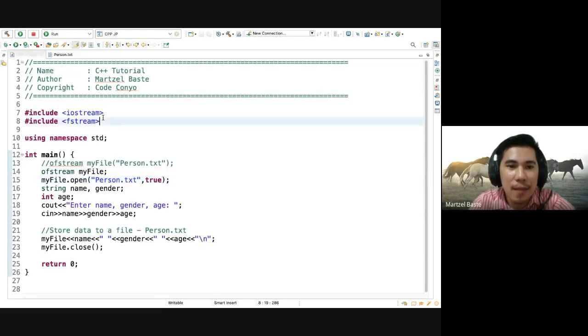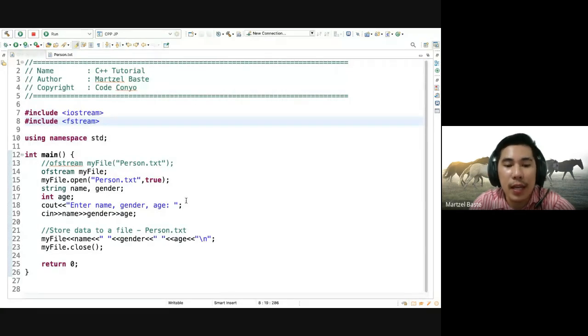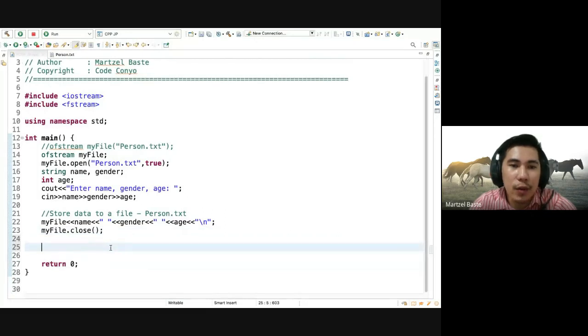Again, that is just storing of data. But again, that is not our intention today. Our intention is we are going to fetch that data from person.text so that we're able to demonstrate end of file loop. So what is end of file loop? When we talk about end of file loop,